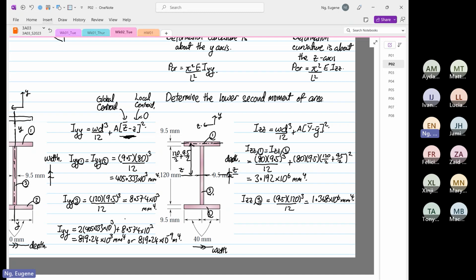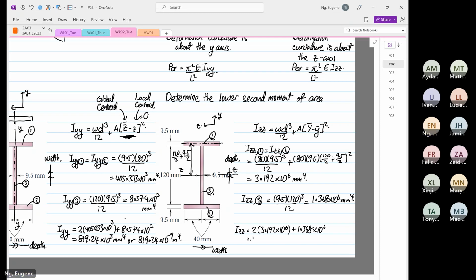Okay, let me do it again. 9.5 times 120 power 3 divided by 12. Yep, 1.368. So now we know that IZZ is going to be twice the 3.192 times 10 to the power 6 plus 1.368 times 10 to the power 6. Okay, so this will be equal to 2 times 3.192 power 6 plus 1.368 power 6 is equal to